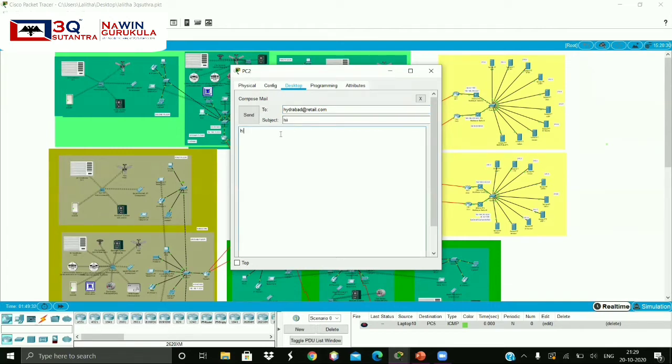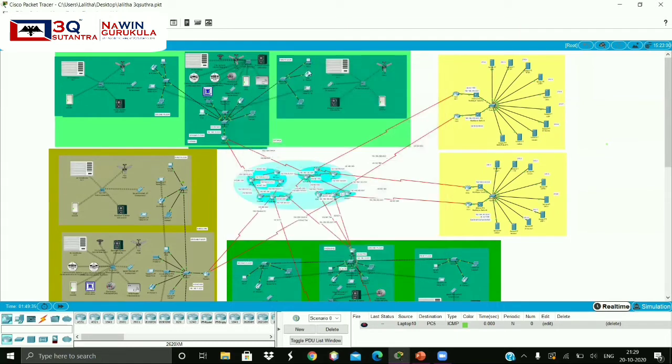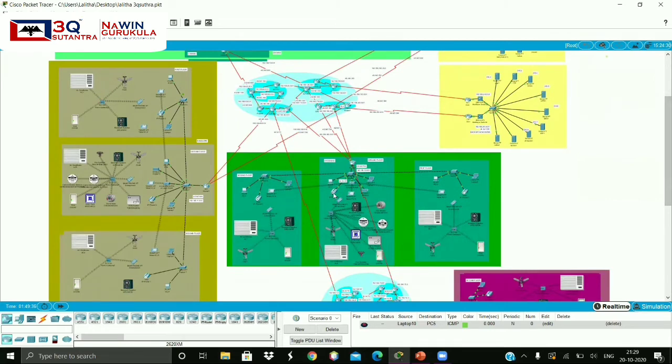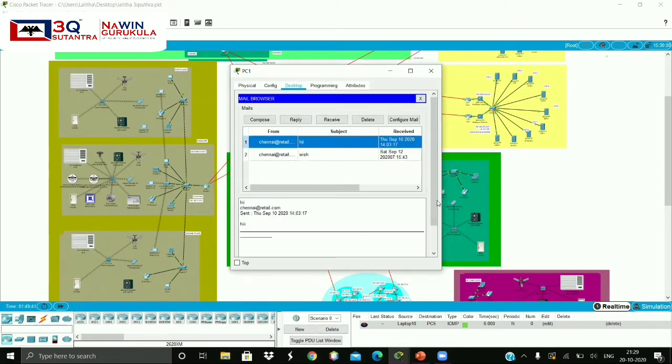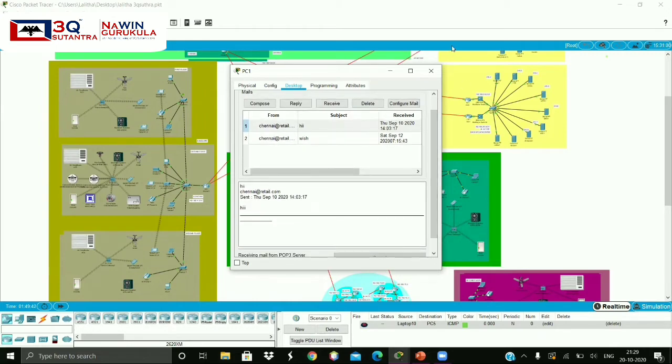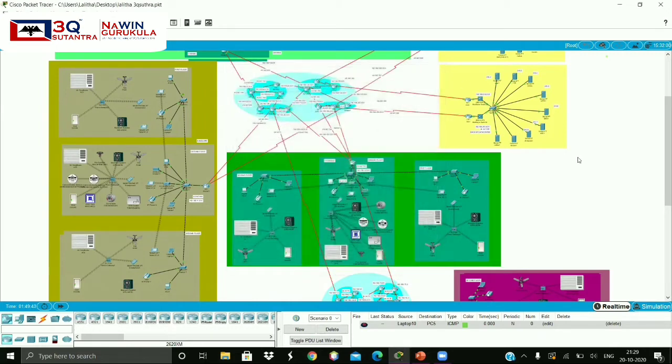I will compose some mail here and send it, so the mail will be sent to a server here. Next, when I request the mail from the recipient, that is the destination, I will request that mail. So the server will send that mail to the recipient address, and the mail will be received. So this is how the mail works.